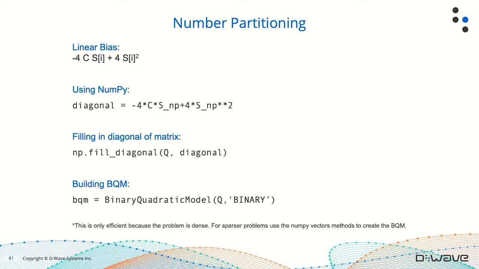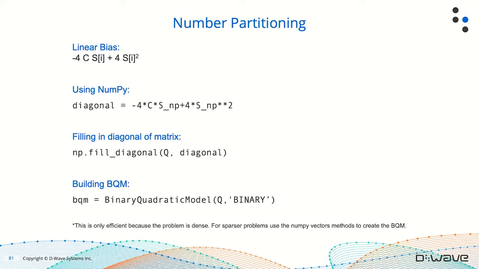And so I've now built up a vector that has all of my diagonal entries that I want for all of those linear coefficients. And again, I've done that in one line without any for loops. Now NumPy has a function that's called fill_diagonal, which we'll use here. And so we'll give it our Q matrix that we've filled in so far, where everything on the diagonal and below is 0. And then I'm just going to put that diagonal vector right along the diagonal. And now when I've done that, I have this Q matrix that consists of my linear coefficients along the diagonal and my quadratic coefficients above the diagonal.